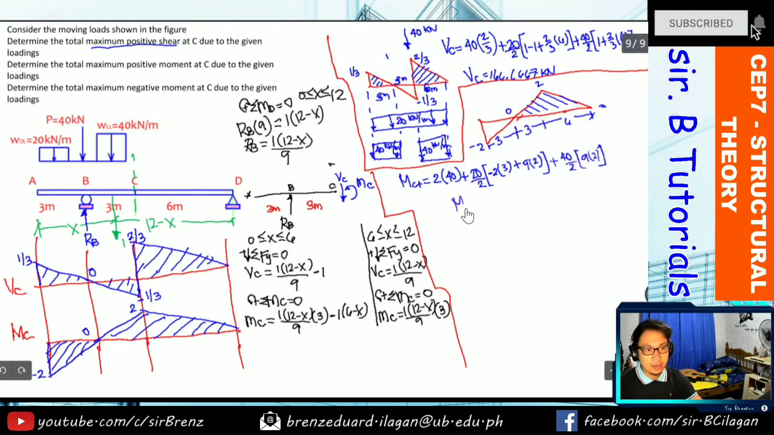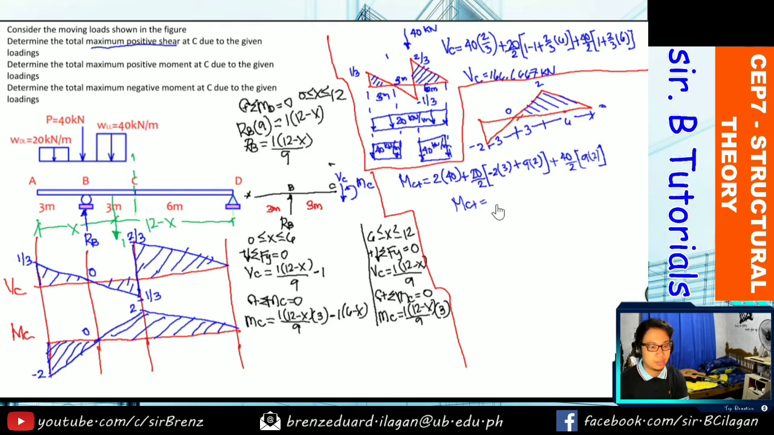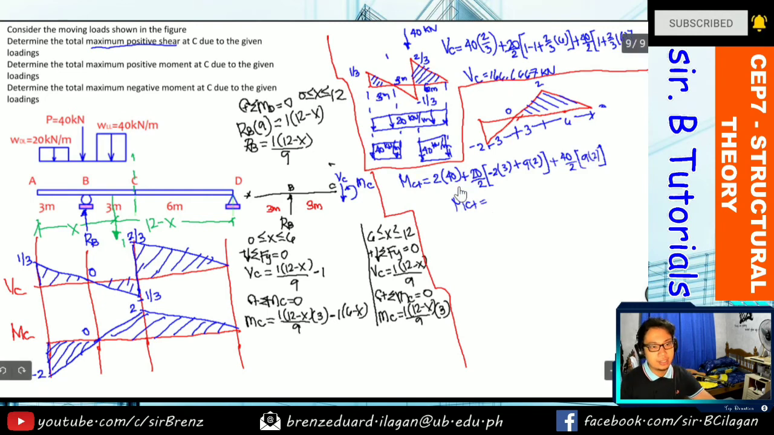So what is the value of the maximum positive moment? So 2 times 40 plus 20 divided 2 times negative 2 times 3 is 9 times 2 plus 20 times 18. So the answer for this positive moment is 560 kilonewton meter. Okay? And last will be for the